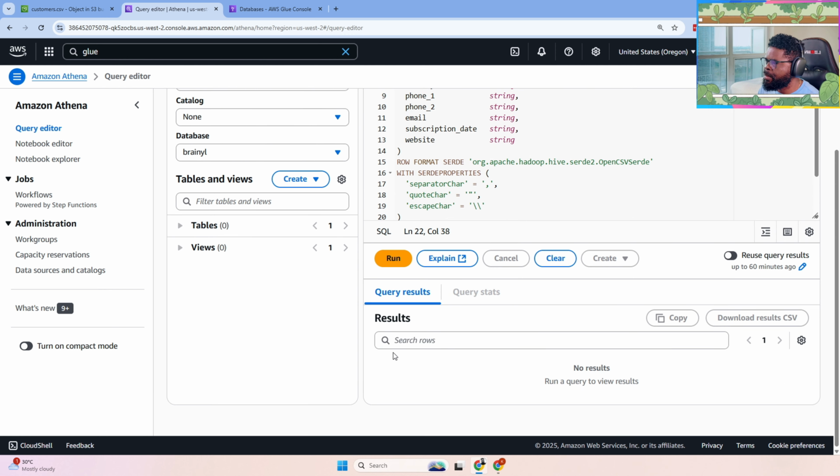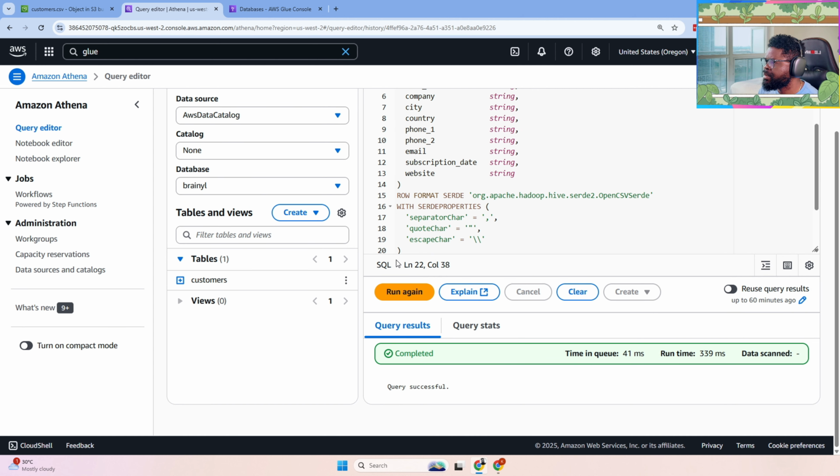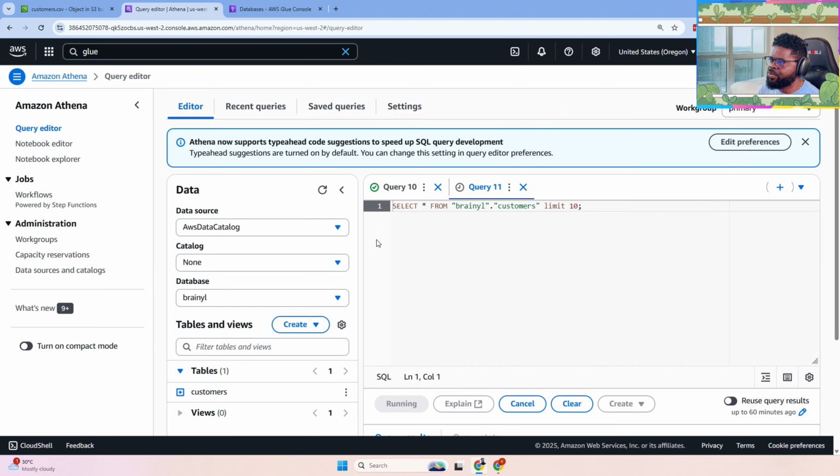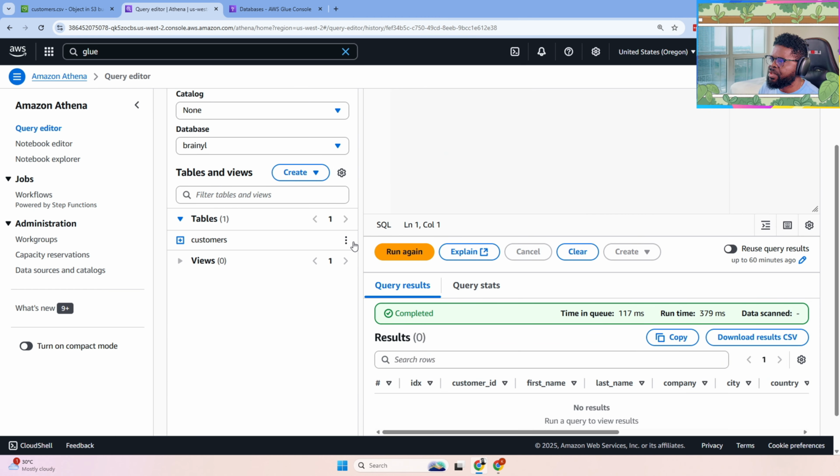If I run this command right now, you see tables are actually 0. If I run this command, you see it's completed. And you see here, there's already a customers table. So I run this command, and I can also do preview. So if I do preview,